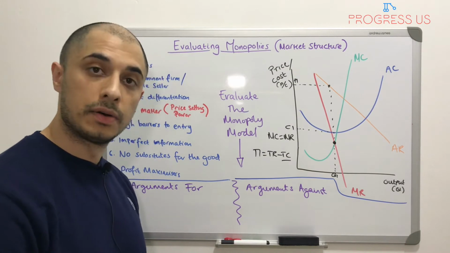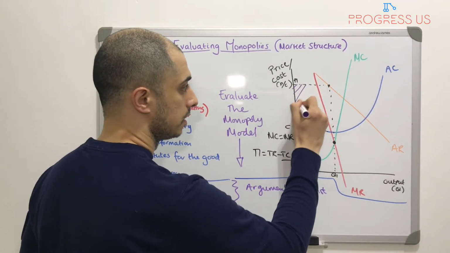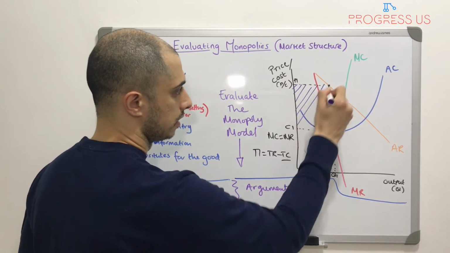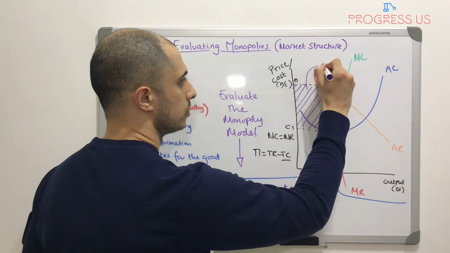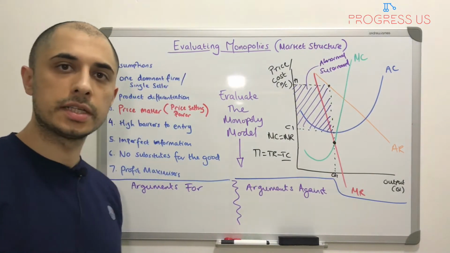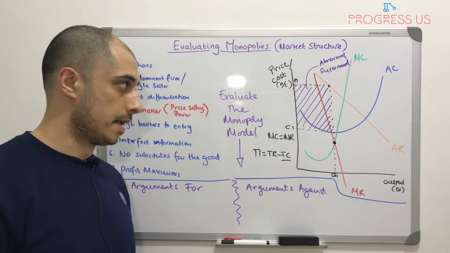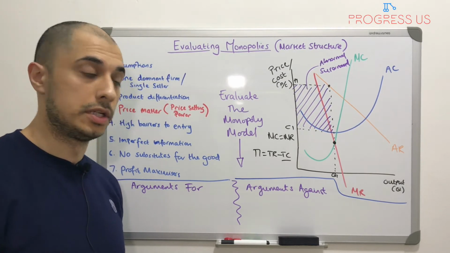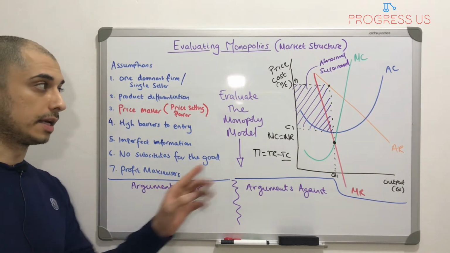And what you'll see now is the area of abnormal profit, which is highlighted just here, and you can identify that as abnormal or supernormal profit. So that section there highlights the amount of profit the monopoly is making, and it's a very high level of profit. And as we know, the monopoly is a profit maximizer, and therefore it's something that it is looking to do